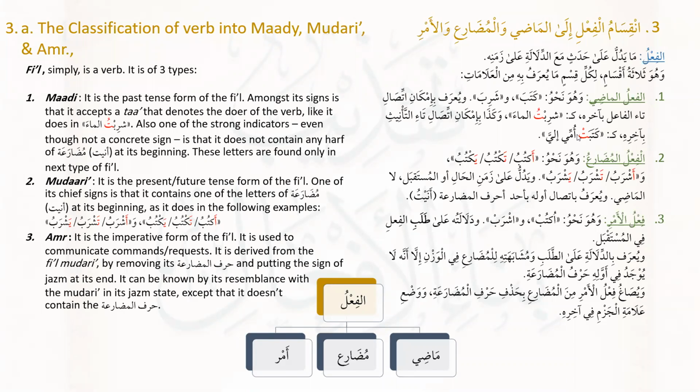So for example, if I say ضربي زيدا, my hitting of Zaid was very severe, my beating of Zaid was severe. ضربي زيدا كان شديدا مثلا, if I say this, now this does not denote when I hit him, until I said كان شديدا, it was severe. But when I say ضربت زيدا, then it means I hit him in the past. If I say أضرب زيدا, I'm doing it in the حال, or I'm going to do it in the future. So one of the things that distinguishes the fi'l from the ism is that the fi'l denotes the time as well.